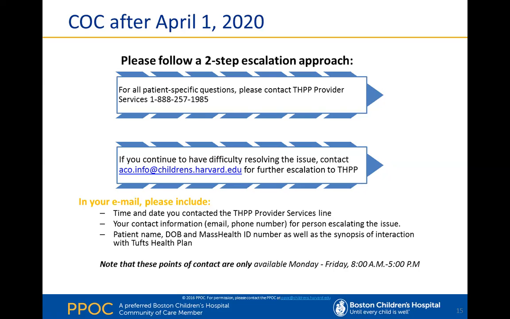So typically the best method is to reach out to provider services first to see if they can help. If they're not able to help with whatever the issue may be, typically the continuity of care covers things like prior authorizations and medications and things like that. If you have difficulty after the COC period's over and provider services is not able to help you with that, then you can definitely escalate it up to this ACO email,